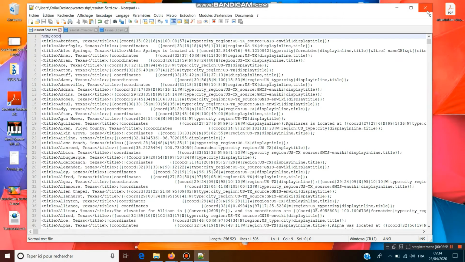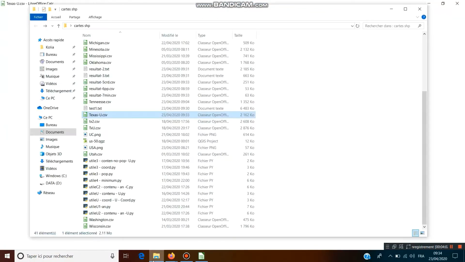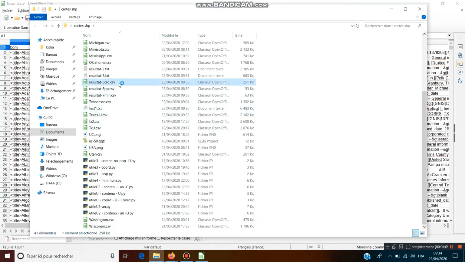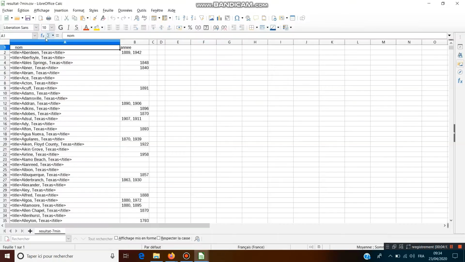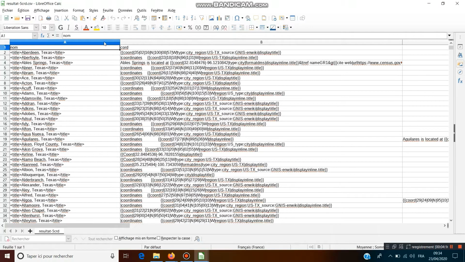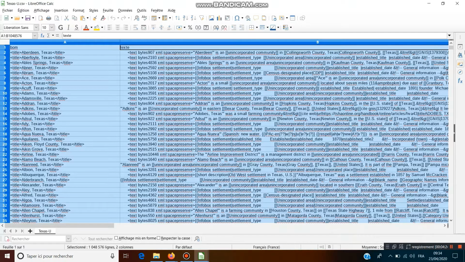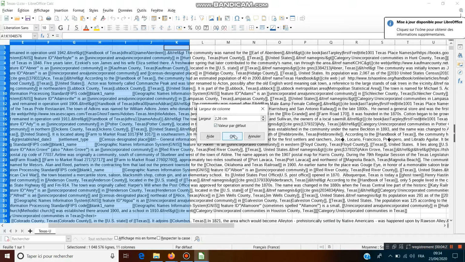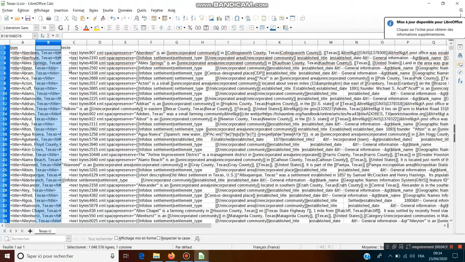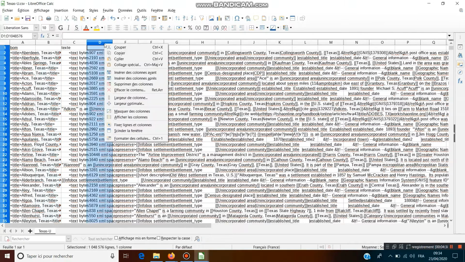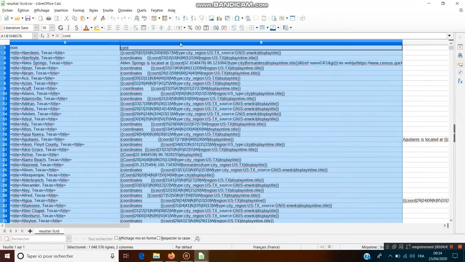Now we can open the files. We'll put the coordinates.